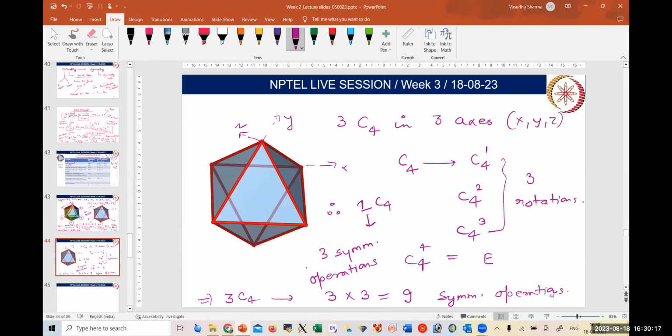So here now we are having, this is one edge, this is second edge, and here now we are having one C2 where it can rotate by 180 degrees, and this would be flipping. Similarly, if I take this one, it would be having here, here, and since we are having 12 edges, opposite edge centers will give you 6 C2. So you will be having 6 C2, and we know that